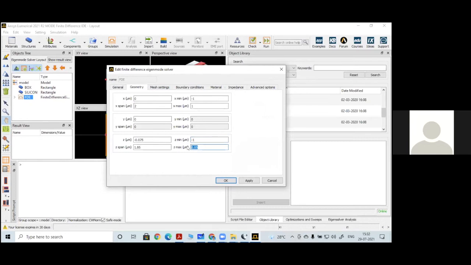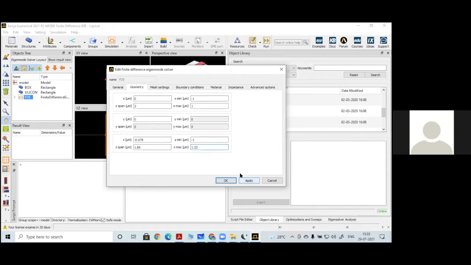From 1 to 2.22, we have the silicon waveguide. So let me cover both components. We have to select the entire range of the geometry in the vertical direction, from -1 to 1.22. That entire full range we have to select, and then we can apply the settings.